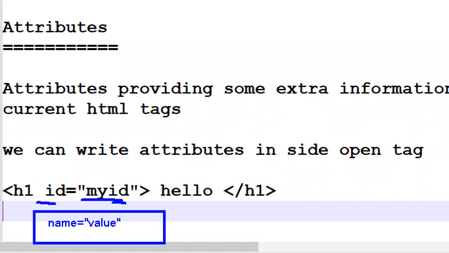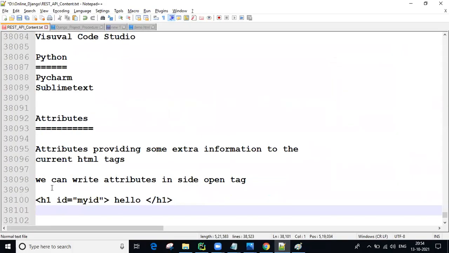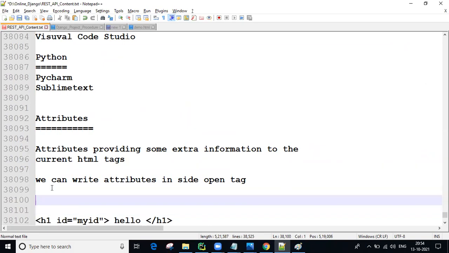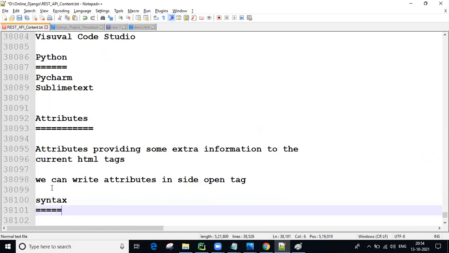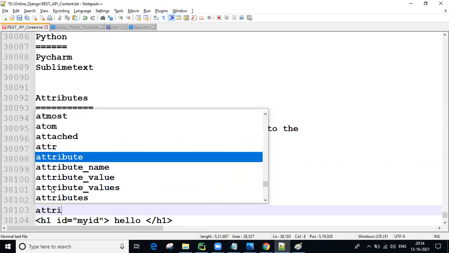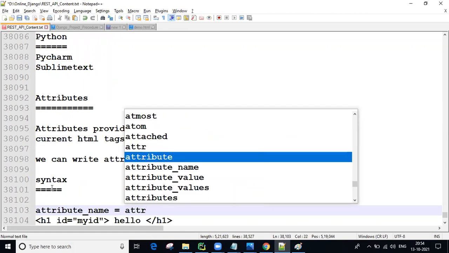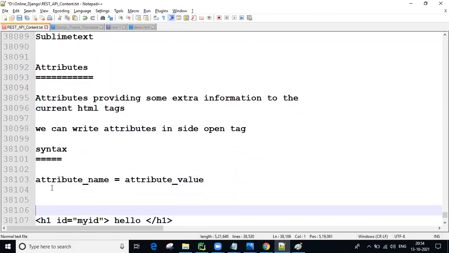Simply we can say attribute name equal to attribute value. Remember all these rules, important, up to the end of the day we are going to be using them.